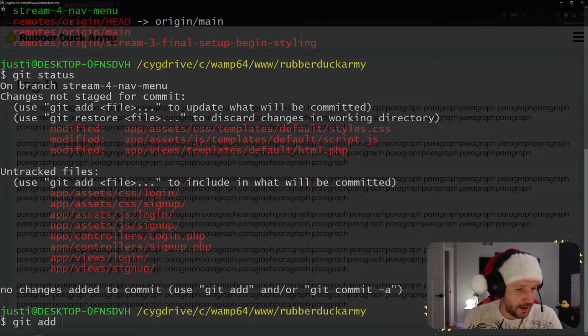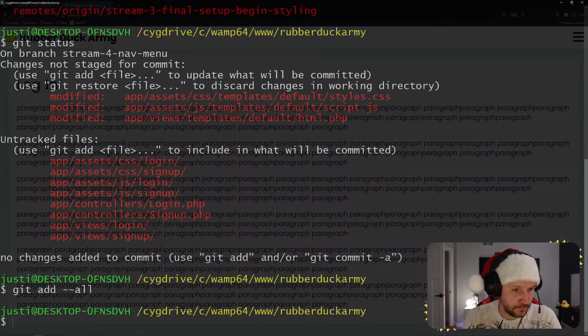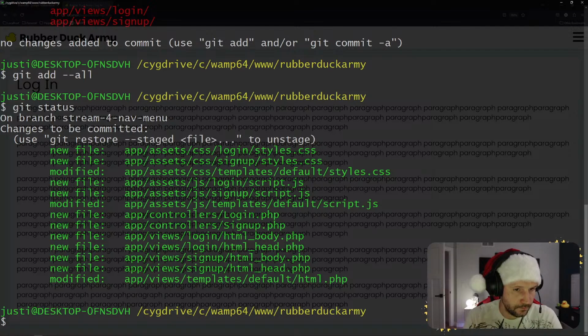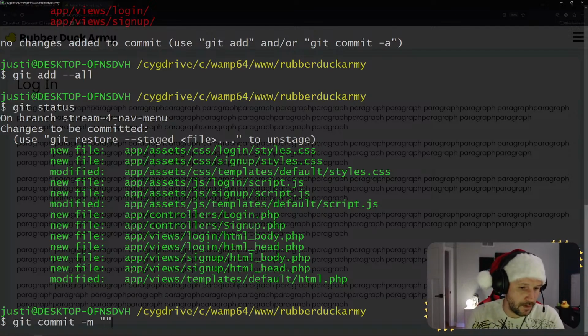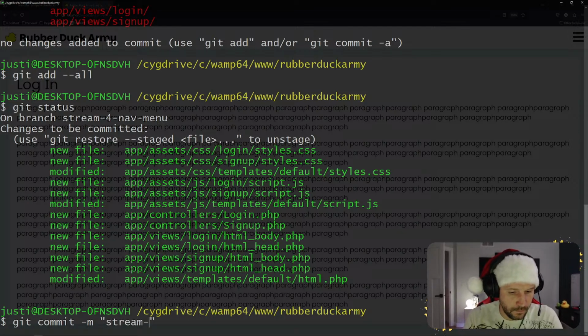So we'll do a git add all. Add all the files. Then if we do a git status, they're all greenlit, and we do git commit -m stream for